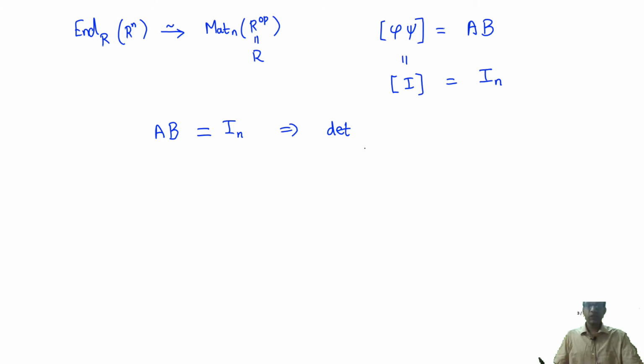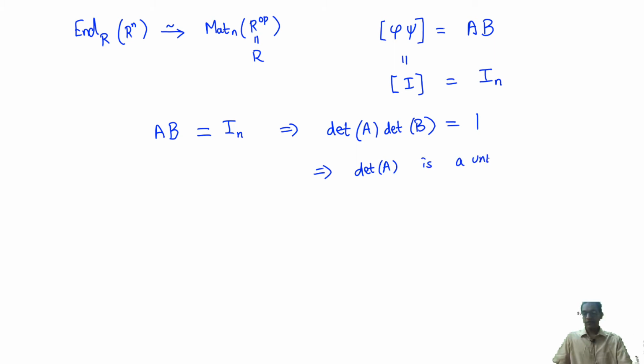and therefore if you take determinants on both sides and recall determinant of AB is determinant of A times determinant of B, this is true for all matrices with entries in any commutative ring. This is just the determinant of the right hand side, the determinant of the identity is 1. So what this therefore gets us is the fact that the determinant of A is a unit, because it has an inverse, determinant B. And well, what does this mean? This means that phi is an isomorphism.